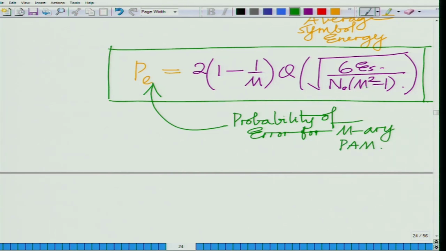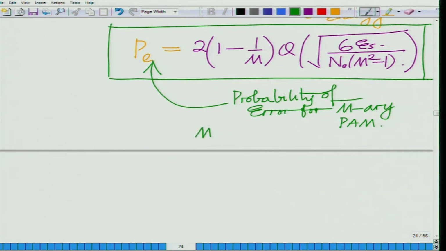Now, if you substitute m equal to 2, you can see that the probability of error is twice (1 minus 1 over twice) minus half, which is basically half, and twice half is 1. So, this reduces to Q of the square root of... well, m squared minus 1, with m equal to 2, is 3. So, 6 divided by 3 is 2, twice Es by N naught, which is the same as what we had before. What we had before is Q of square root of 2 Eb over N naught, but for 2 PAM,